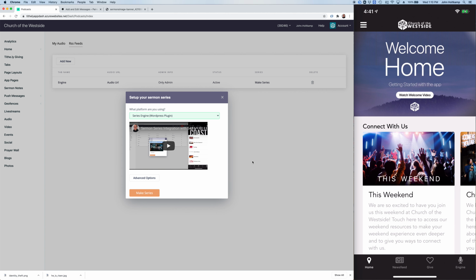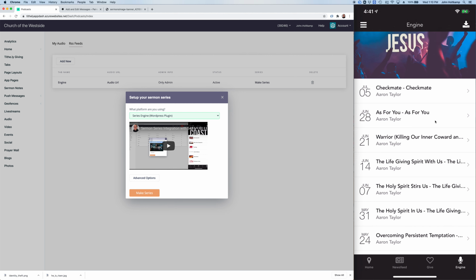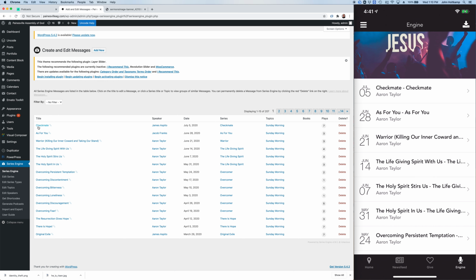On the dashboard here, you see the Tidely Church app dashboard in the audio section for Church of the West Side. Over here, you see Church of the West Side running in an app, and the far right tab at the bottom called Engine is actually this Series Engine feed. So when I go in here, you can see Checkmate is the newest sermon, and you can see all of the sermons listed here,